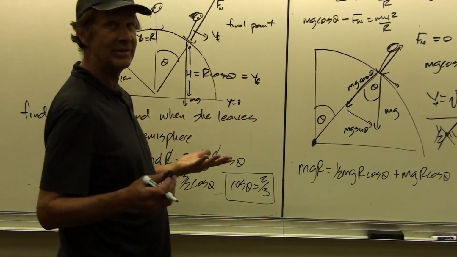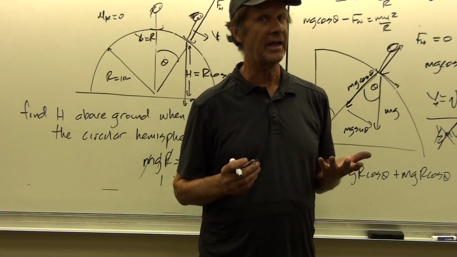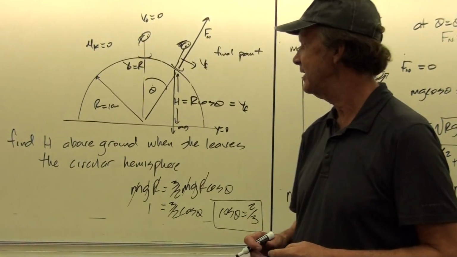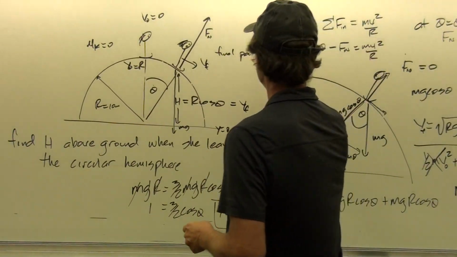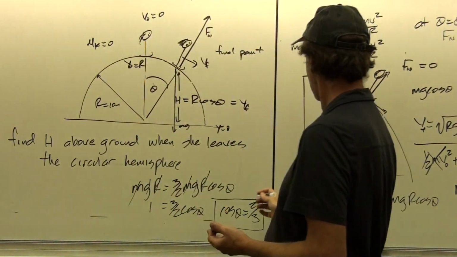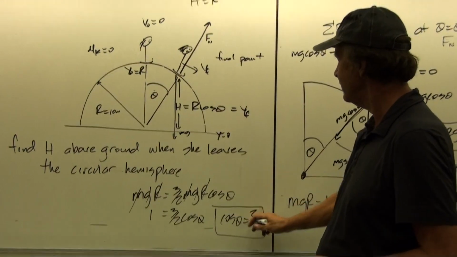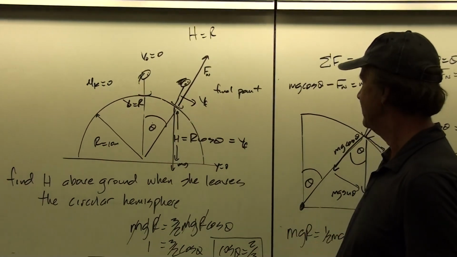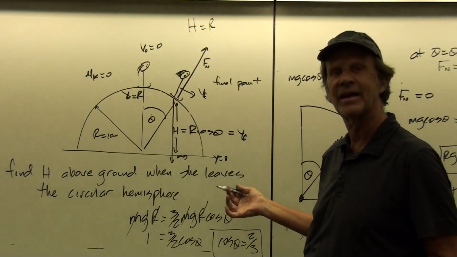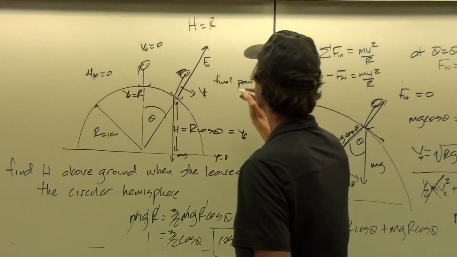So do we really need to solve for the angle? The answer is no. We don't need the angle. Nobody asked for the angle on this problem. Just asked for the height above the ground. So the height above the ground is r cosine theta. This thing is screaming, solve me for an angle, isn't it? It's saying, I want an angle. But no, you don't even need it. You could find the angle, but then you just have to take the cosine of that angle to get the height. So you might as well just leave it as cosine theta.